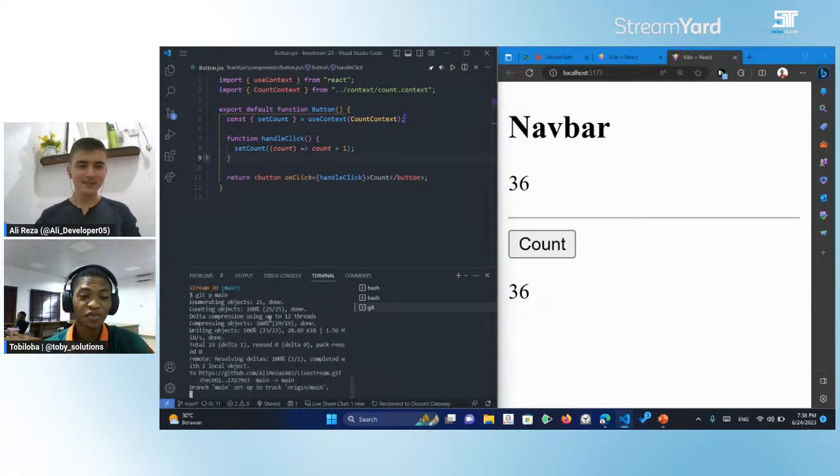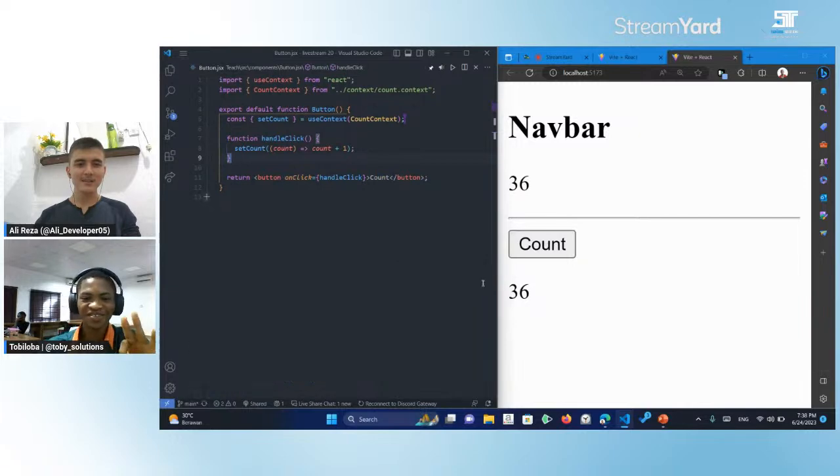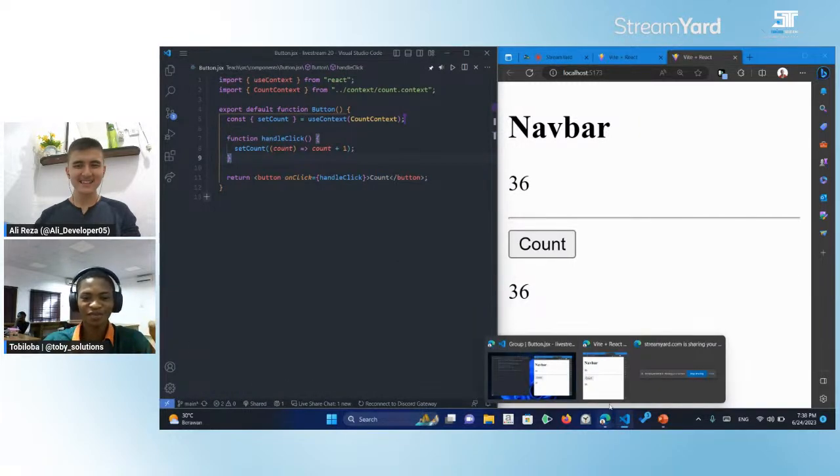In my own opinion, when I started out, I used to do a lot of prop drilling, and those times were the bad days. I didn't want to read my old code, to go and be digging through it. It's a huge headache. But now with context and with other libraries like Redux Toolkit and Zustand, the other state